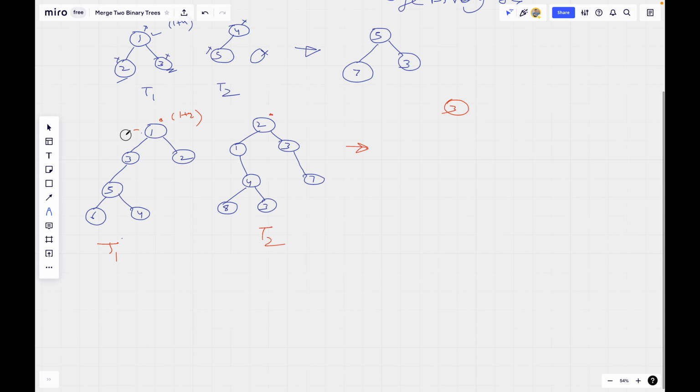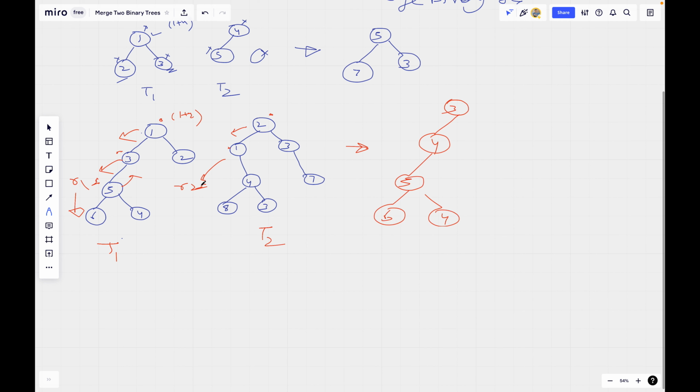Then we will move leftwards. Now we are here, we will update this node's value to 4. Now we move leftwards again. Now as soon as we reach here, R1 and R2, R2 is null in our case, right? So what we will be doing is, we will not be traversing further down T1 and we will simply be returning 5, right?